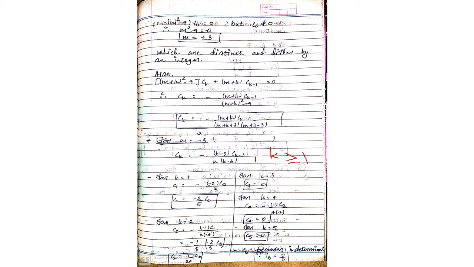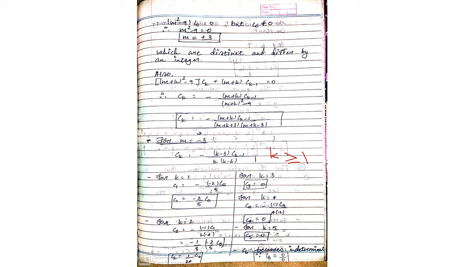Keep in your mind, there is one twist here. If you do not get an indeterminate form in the initial stage, you may get it here. But definitely you will get either an indeterminate form or an infinite form. Here you are getting an indeterminate form, so condition 1 will be applied. You can see the notes. There are two conditions. First is for the indeterminate form and the second one is for the infinite form, right? So here apply the first condition only, and here C6 is an indeterminate form.